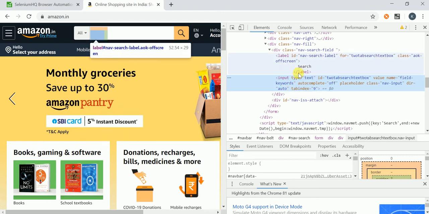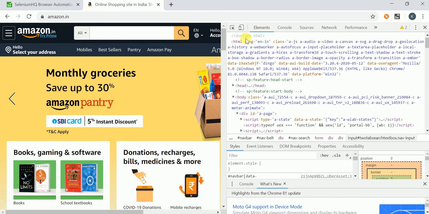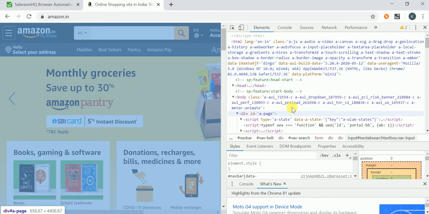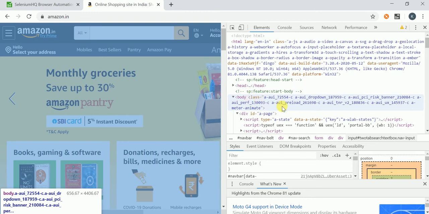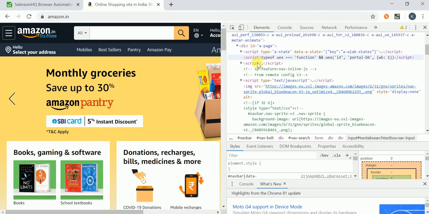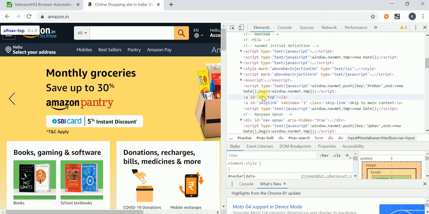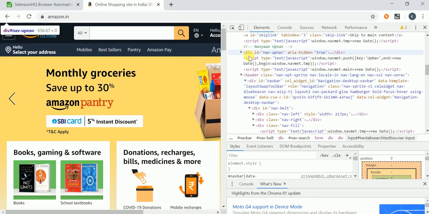So in HTML, what is the parent tag? HTML is the parent tag for all. Head tag is there, body tag is there, div tag is there, script is a tag name. Okay, so script is a tag name, div is a tag name, and ID is an attribute, its value is this one. Starting from the left arrow, you will get whatever the value is, that is a tag name, and inside of it are the attributes and their values in any HTML. Okay, that you need to understand.